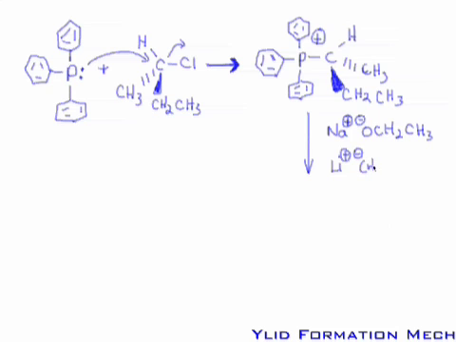Butyl lithium is CH2CH2CH2CH3 with lithium. Either of these is capable of pulling a proton off of this carbon that's adjacent to the positive charge. The proton removed with ethoxide would give you ethanol. Removing the proton with butyllithium would give you butane gas that would bubble out of solution. So you can use either of these. Of course, what you get then